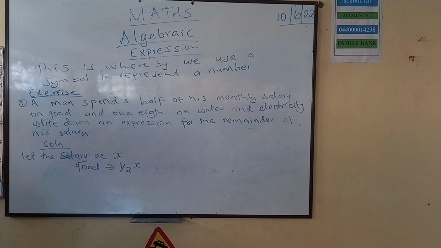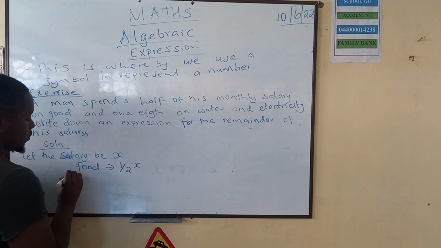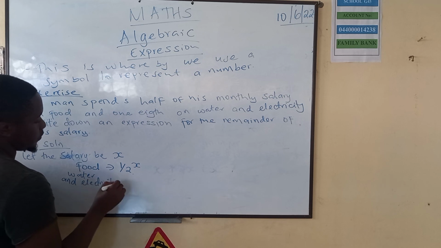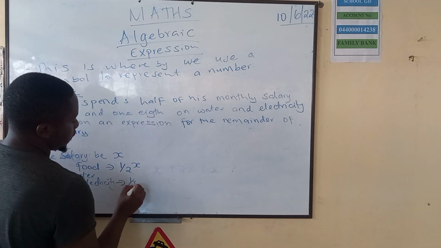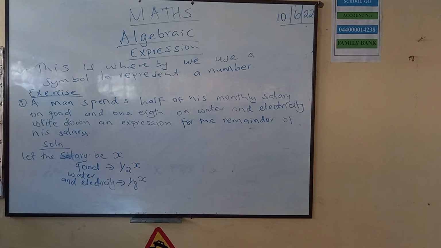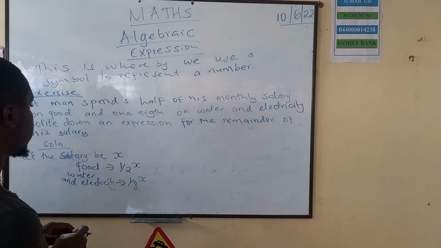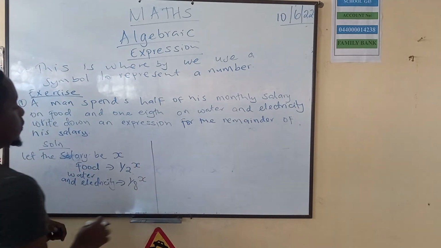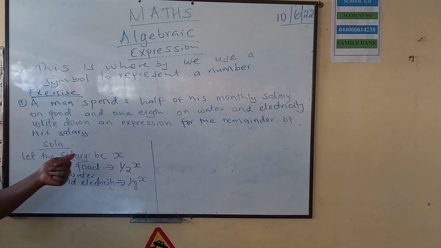He further spends an eighth on water and electricity, 1/8 of x. Write down an expression for the remainder of his salary. Now, he spends a half x on food and an eighth x on